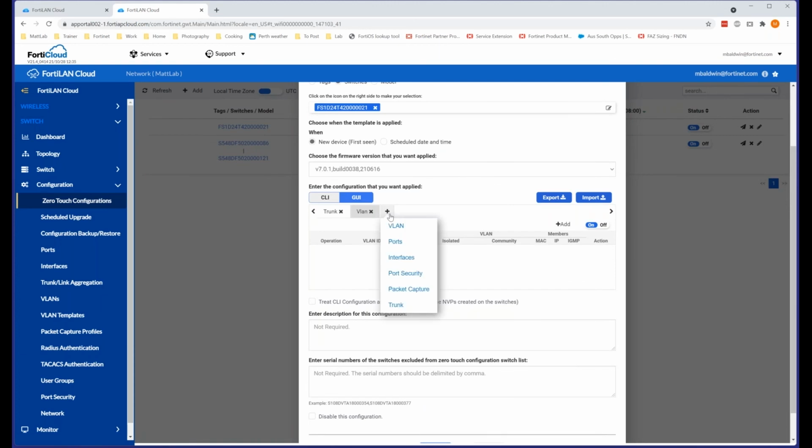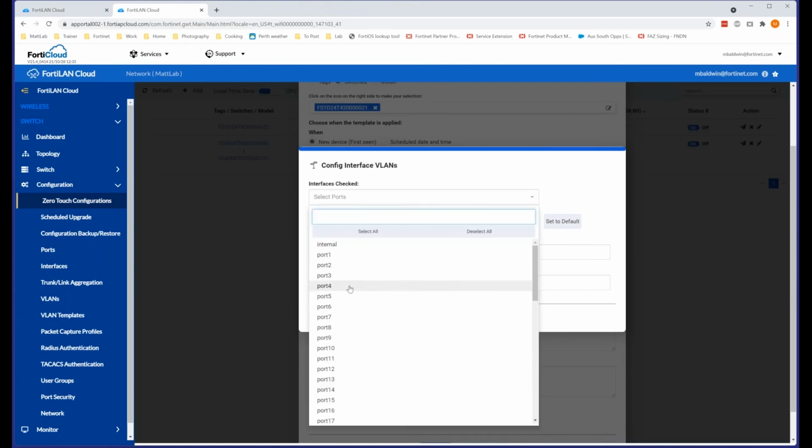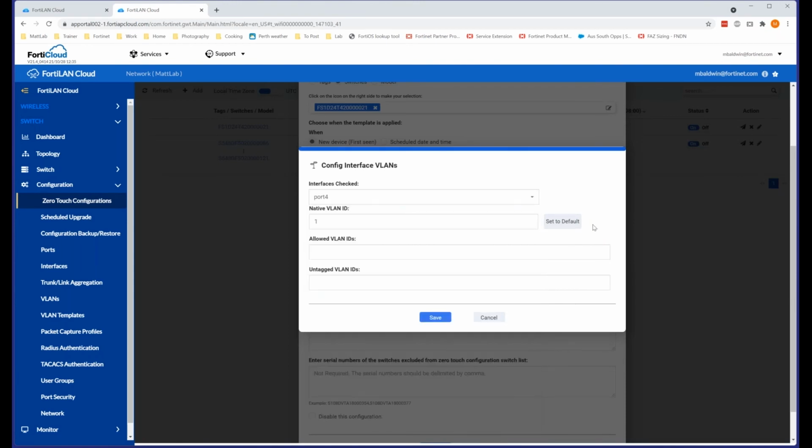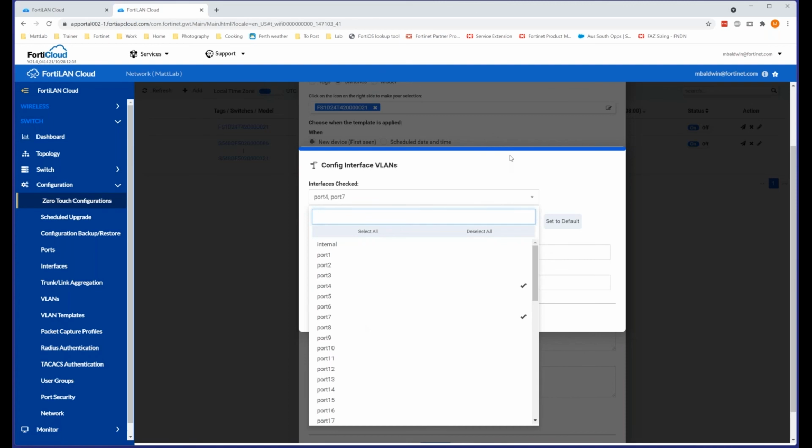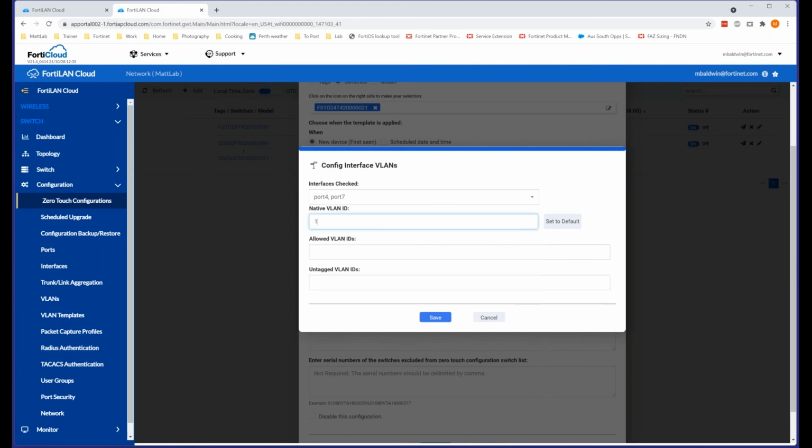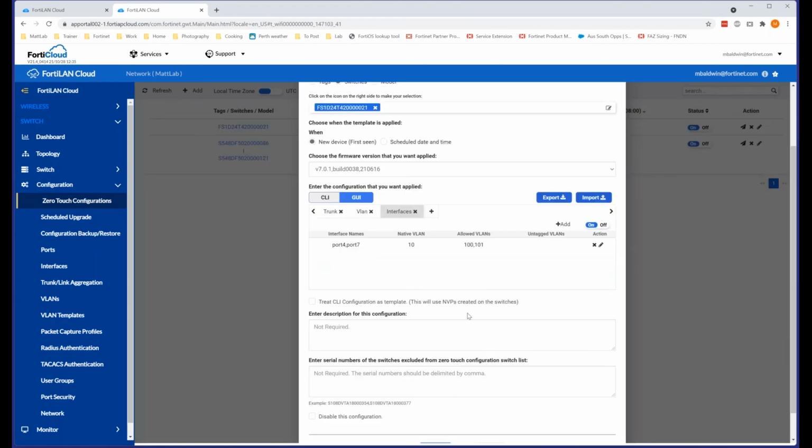If we wanted to then assign it to some ports, we would add that to say, okay, port 4 and port 7. We're going to change the native VLAN to VLAN 10, and then we're going to allow VLAN 100, VLAN 101, on whatever we're using, will allow that. And as soon as this switch is onboarded, it will perform all these actions and configure all of these